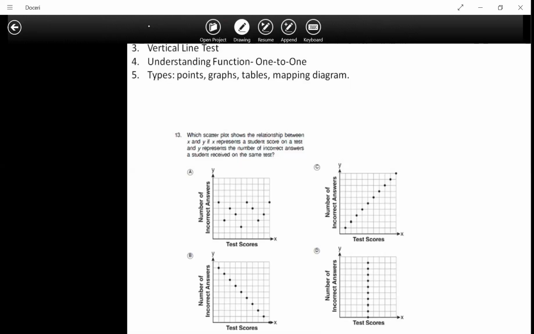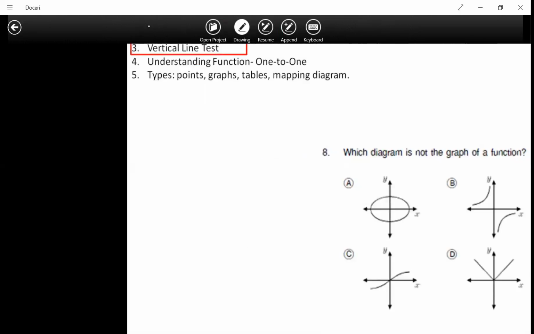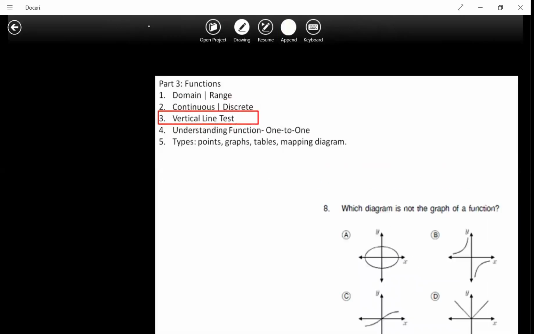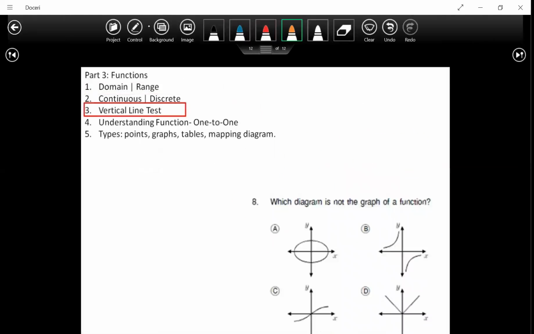It will say the next one right here. Something like this is what kind of questions you'll have. So it will be: is it continuous? Is it discrete? Is it a function? Yes or no. So in this case, is a relation a function, or which diagram is not a function? Okay. One thing that we're looking at here that you got to know is a vertical line test,